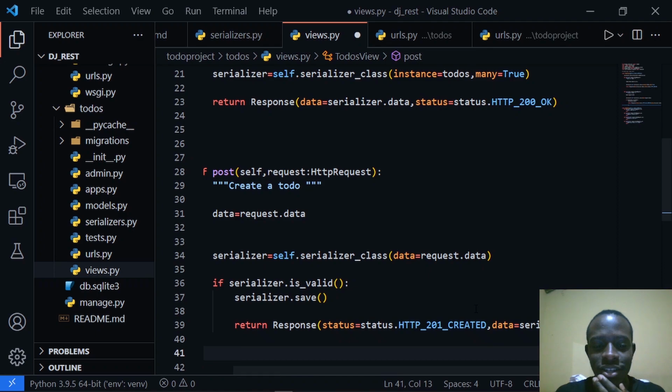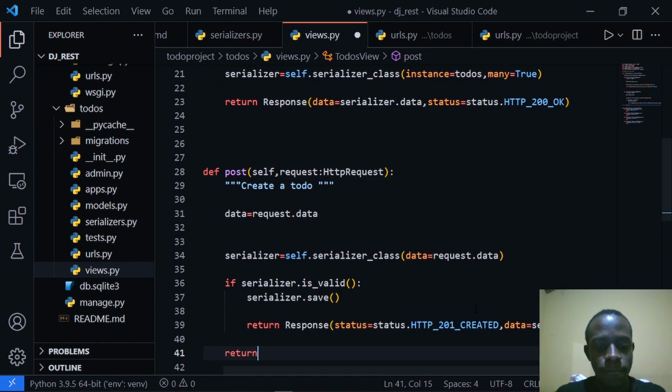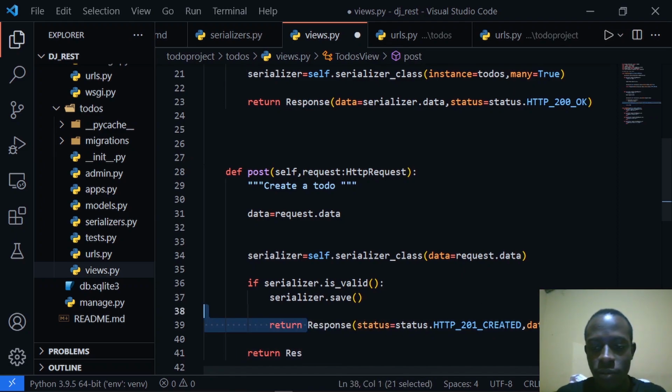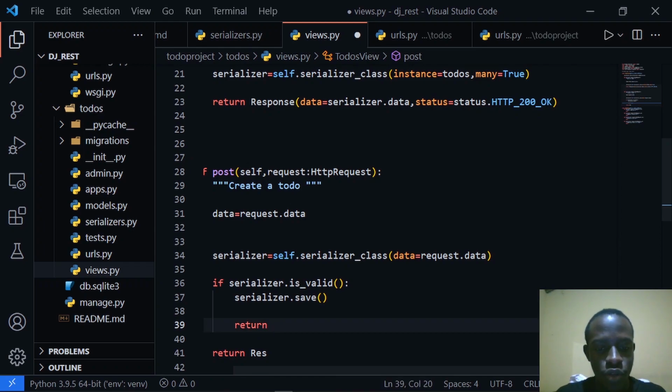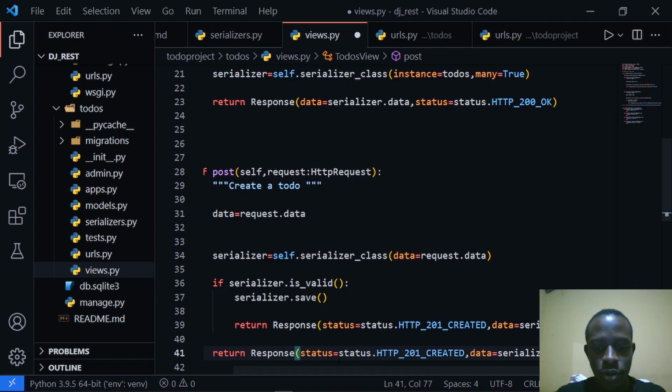So after doing this, then we're also going to think of a scenario in which we have errors. So in that case, we need to return an error. So what we're going to do is to return, we're going to also return a response. So I'm actually going to copy this. Sorry for this. So I'm going to copy, and I'll paste this, but what we're going to change is our response status code. So in this case, we're going to have HTTP 400 bad request,